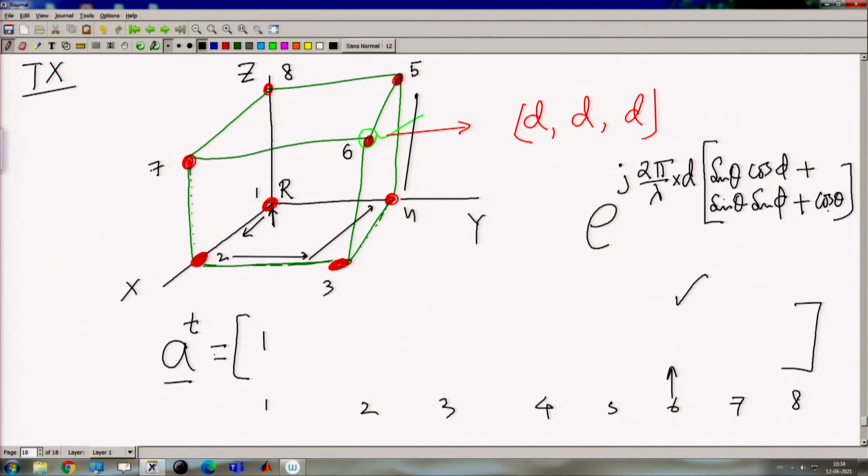Okay. Got it? So, this is kind of generic. Now, I can even further make it generic. What if I tweak the distances? Okay. So, if you understand how to create the array manifold vectors from either the transmitter or receiver side, that is it. It does not really matter where my antennas are, but you have to be very careful where the reference point is, because from the reference point and then the order of numbering. Why is the order of numbering important?